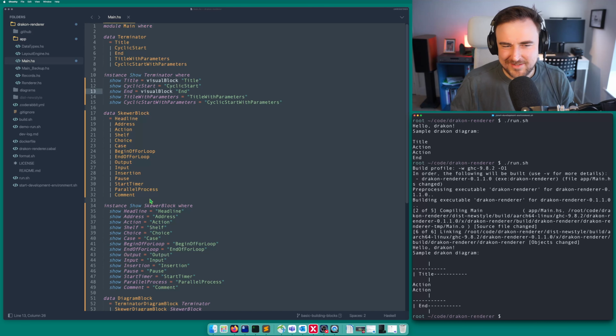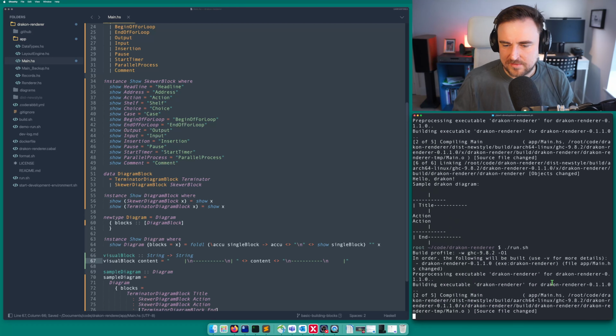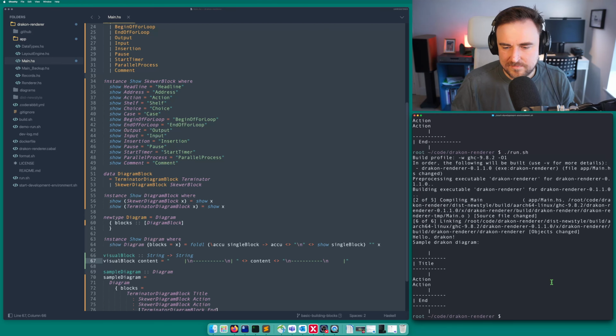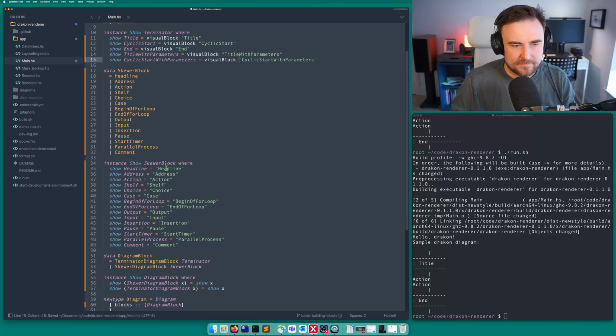I forgot this. So we're only doing terminators now. All right. This is not looking too bad. Now let's implement the closing pipe. But after we add the visual block